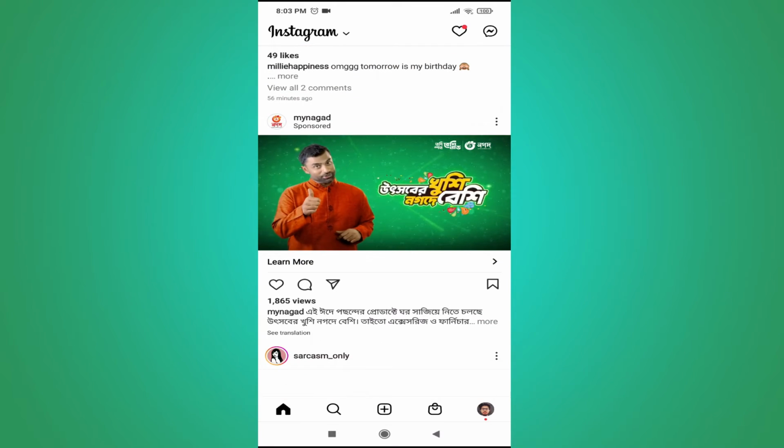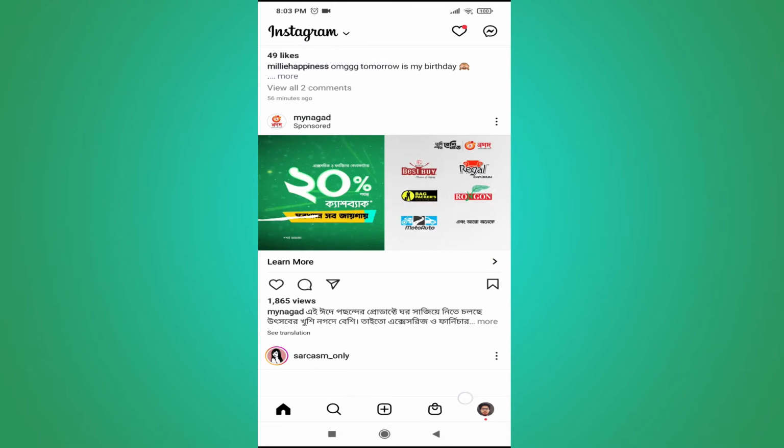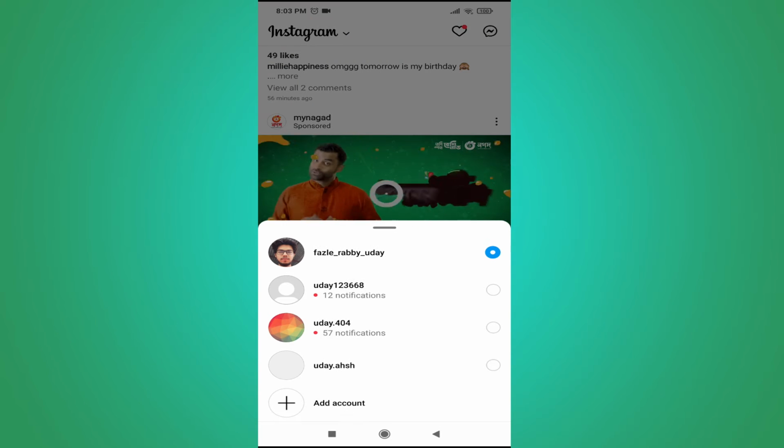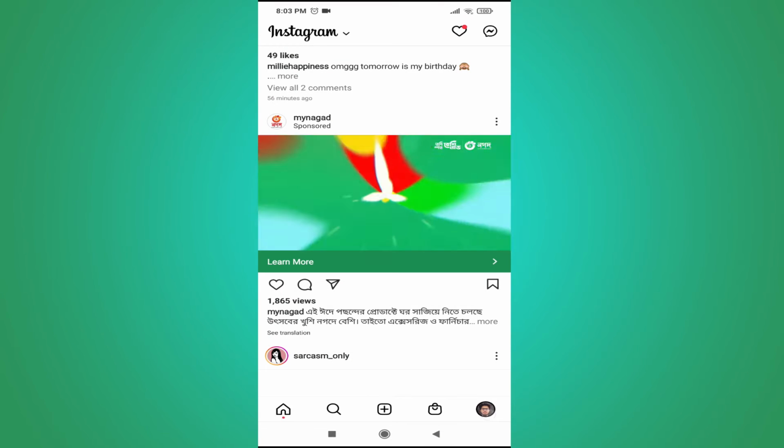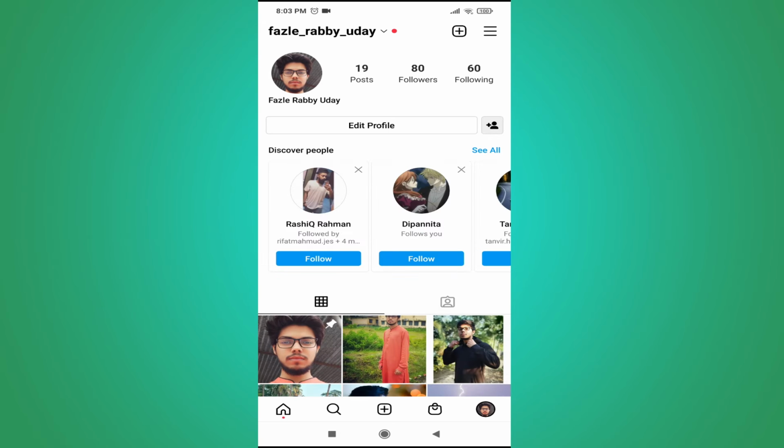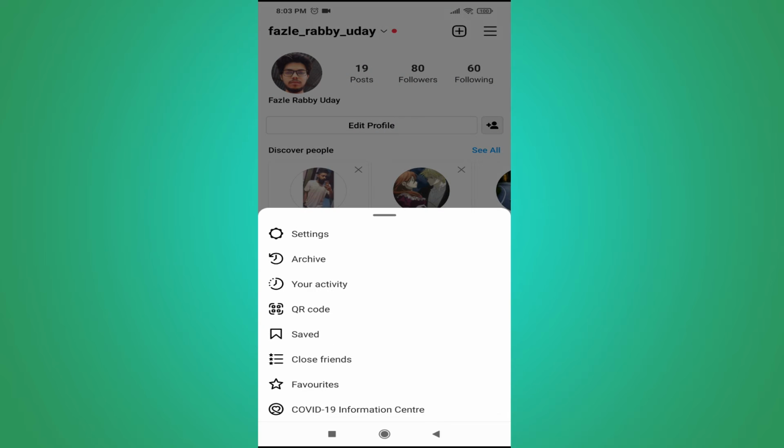So first of all, you need to go to your profile in the right corner downside here. Just tap on your profile, and then you need to tap on the upper right corner. As you can see, there's a three-line menu. Tap on the three-line menu, and then you need to open the settings option,